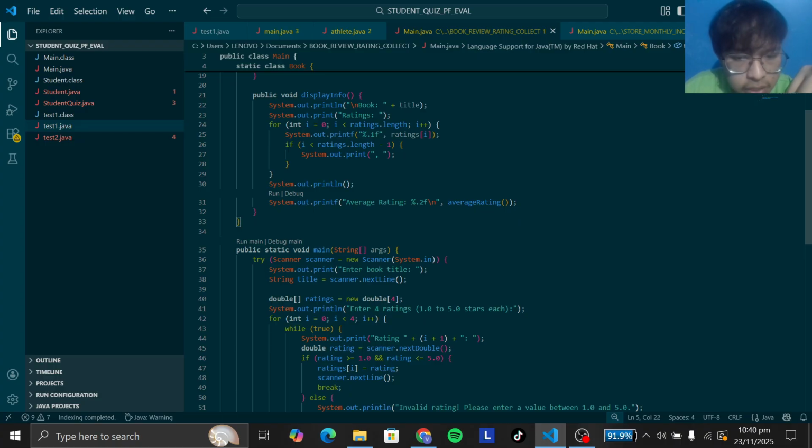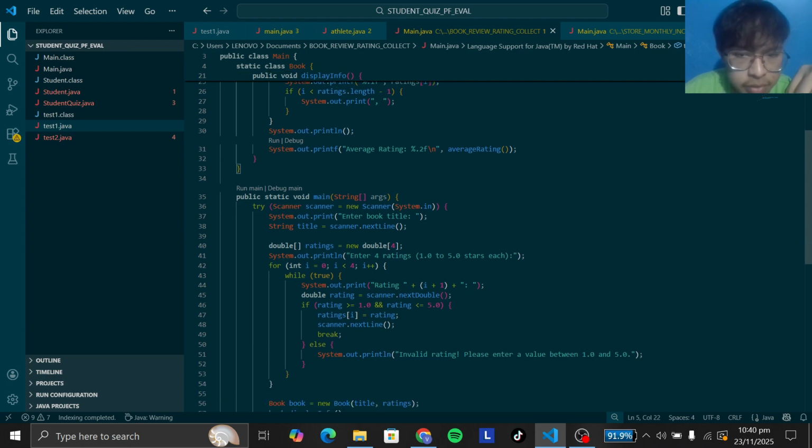So after getting the book title and ratings, the program creates a new book object using these values. The constructor of the book class is called to initialize the object with the user provided information. So finally, the program calls the display info method of the book object.